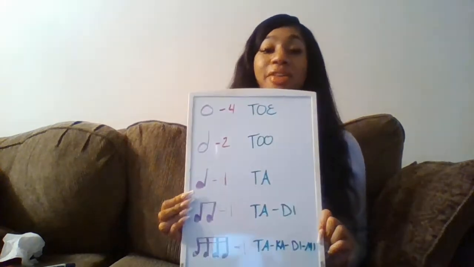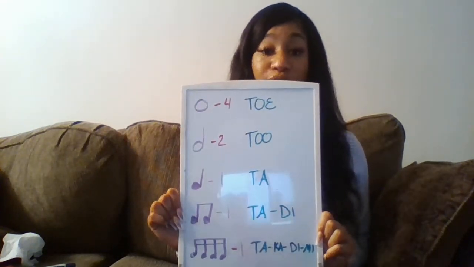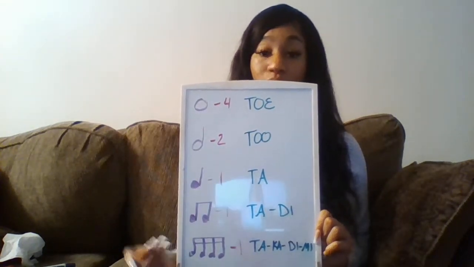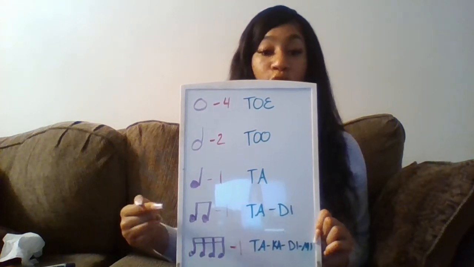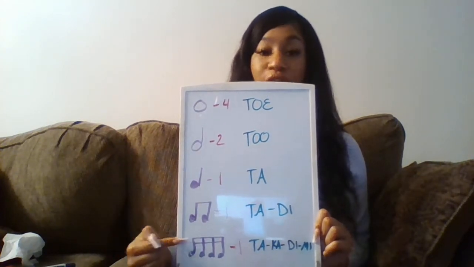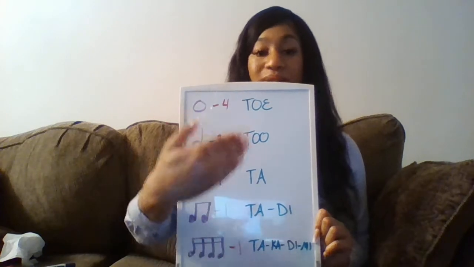Great. All right, now that I've reviewed the notes that you've learned, you know what the notes are called now: whole note, half note, quarter note, group of 8th notes, group of 16th notes. You know how much they're worth, and you know what we say and how to patch them now. Let's do one practice measure that I'm going to create off the top of my head right now, and let's just patch it together. I'm going to do a couple of measures, or 3 or 4 or 5. Okay. All right, let's do